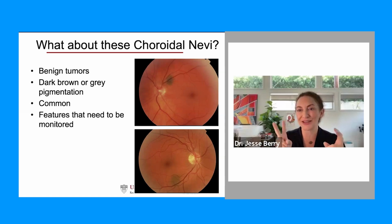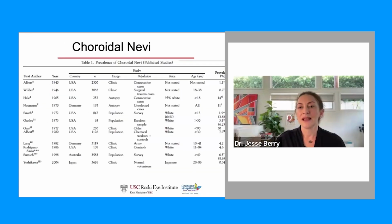And often the good nevi that we see in the eye might be dark brown or gray, they're flat, and they have no high-risk features. However, if they do have certain features, which we'll discuss, they really need to be monitored because all of these lesions could change at some point into a melanoma. And so choroidal nevi are actually relatively common. This is from a prevalence study looking across multiple publications and found that about 5% of an older Caucasian population